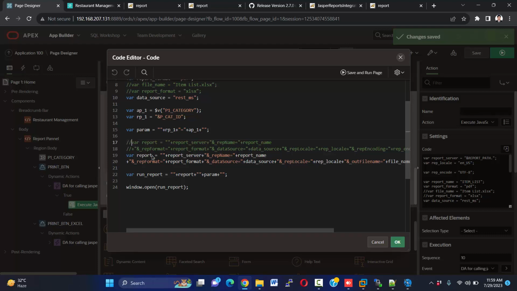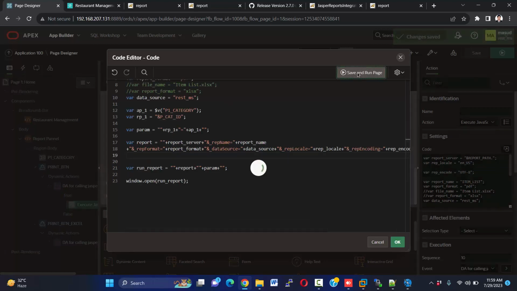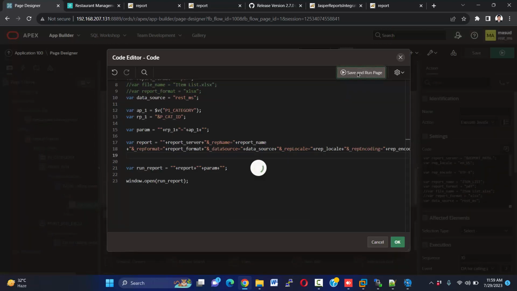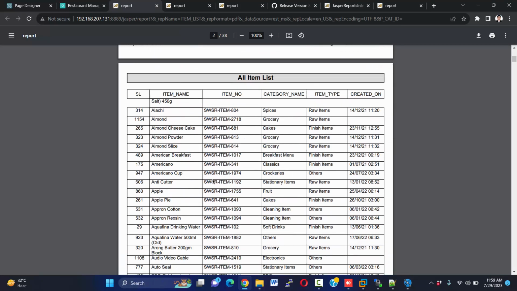Oh, it's here, and just remove this. Okay, save and run this. Okay, let's show PDF. You see our PDF